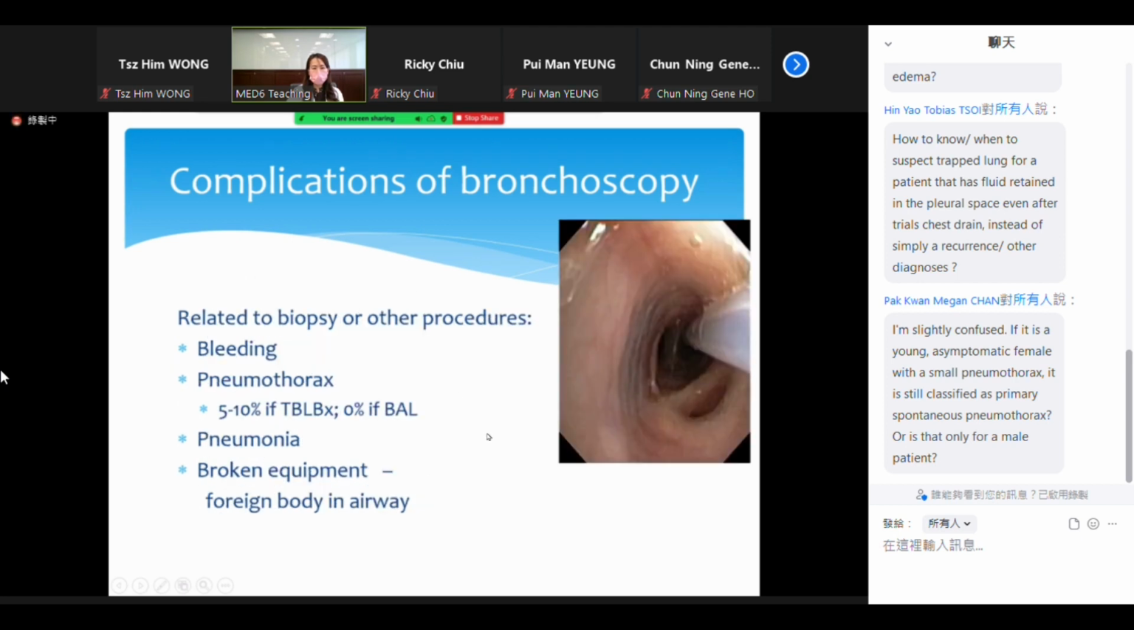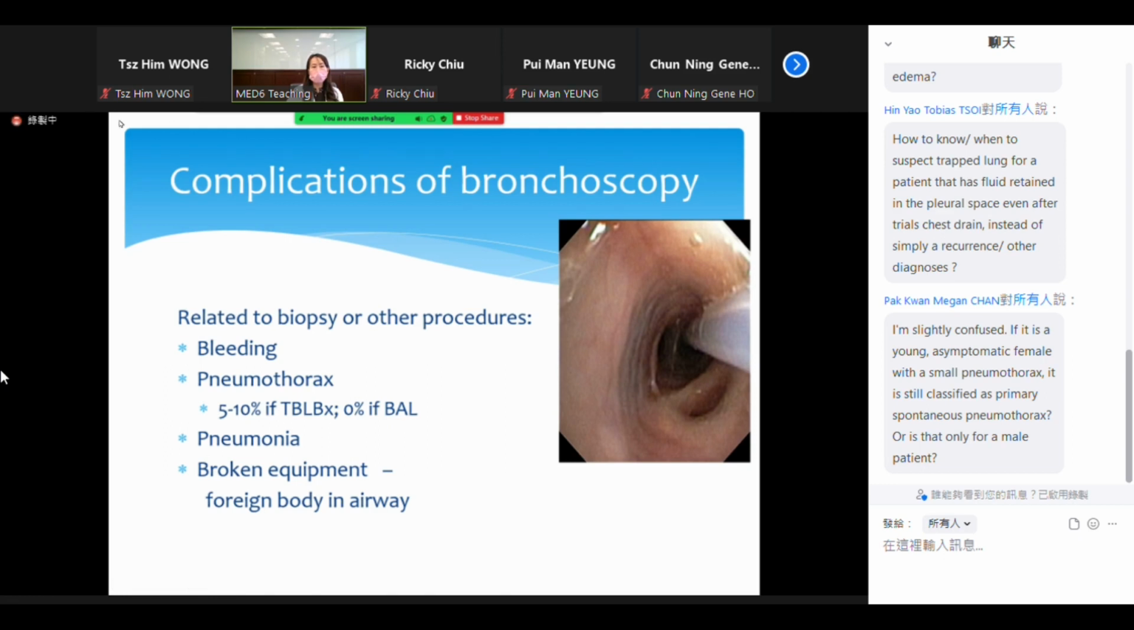So more importantly is the complication related to biopsy. So we have to explain the risk of bleeding. Usually the bleeding can be stopped by spraying adrenaline or tamponading the bleeding site, but still there's risk of uncontrolled bleeding causing suffocation, intubation, respiratory failure,